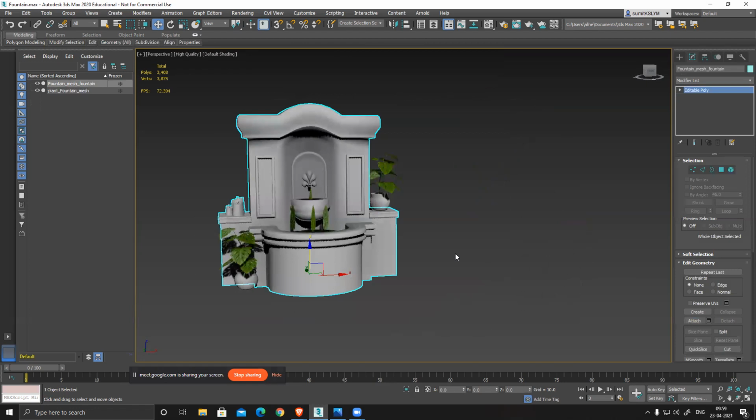If you have confusion, you can at least finish the entire body, the entire fountain part with all those flames and pots and everything. Alpha we will create once we create a texture, because that's how placement of the alpha card becomes easy. Otherwise it becomes very difficult and tricky, because you don't know the shape of the texture, the size of the texture, so you just have to do it blindly. So that's why create the texture first and then apply it, then place those planes. That will become very easy.